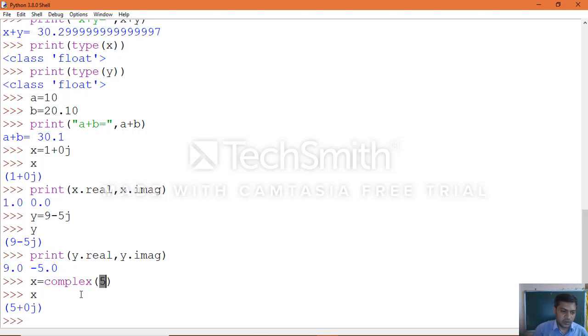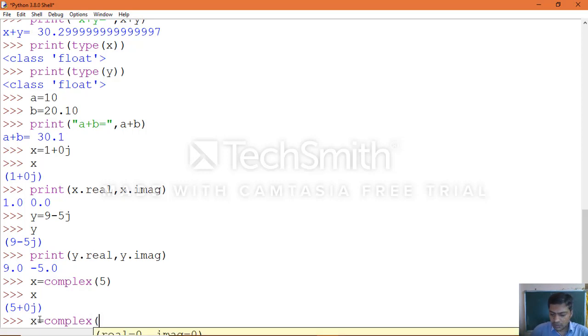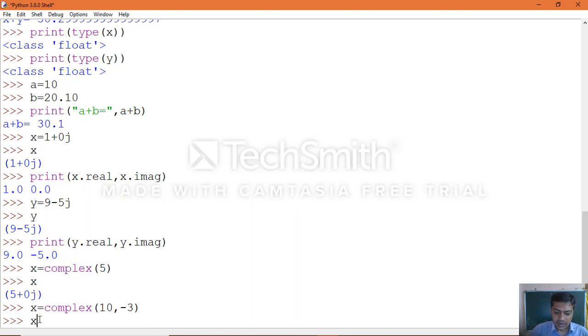Okay, so now we know how we can make use of complex numbers. In the same manner, you can see by passing two values, x equal to complex of 10 comma minus 3, for example. Okay, now print the x value.